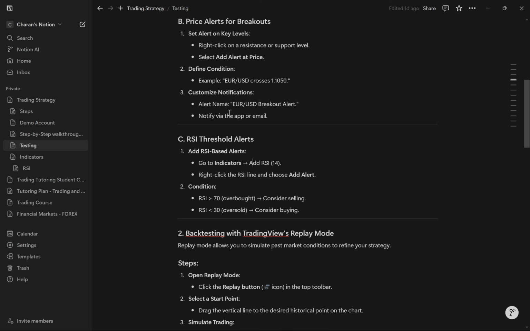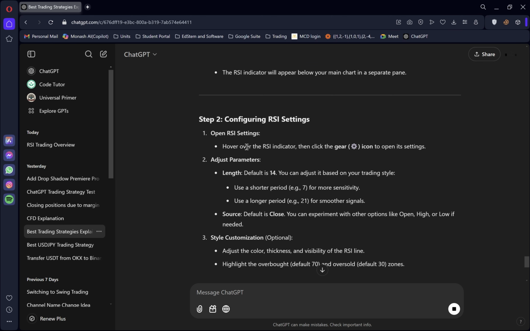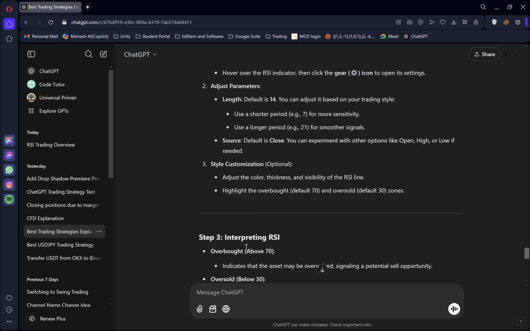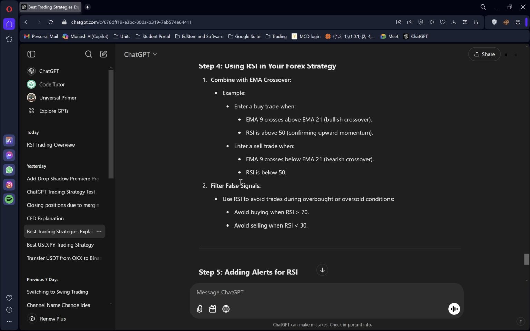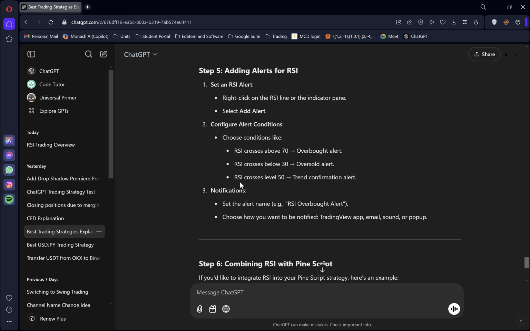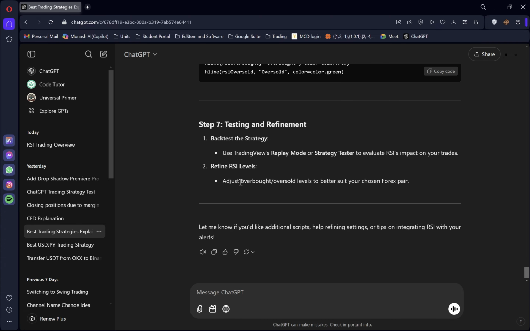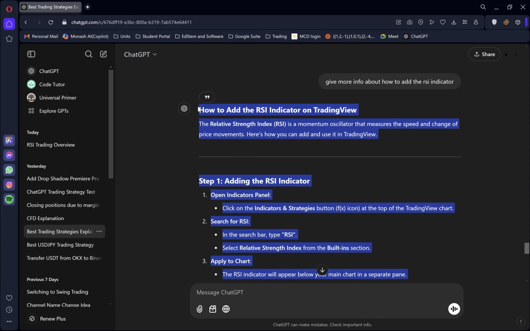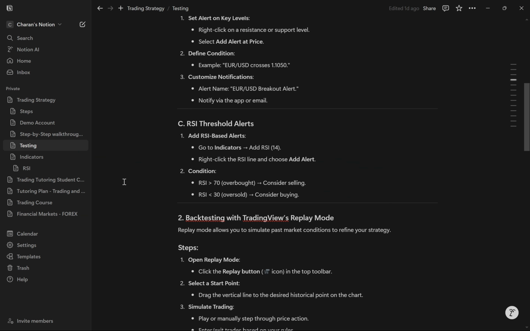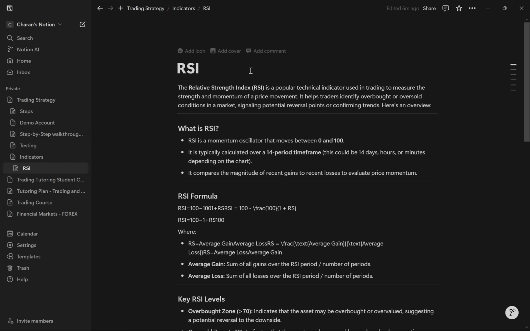All right, so the default is close. You can experiment with options if needed. Style customization, putting RSI, for RSI and combining RSI with Pine Script, nesting and refinement. All right, so we have got a lot of information about RSI in respect to our strategies. So we are gonna quickly